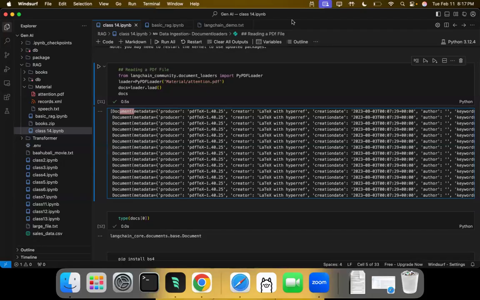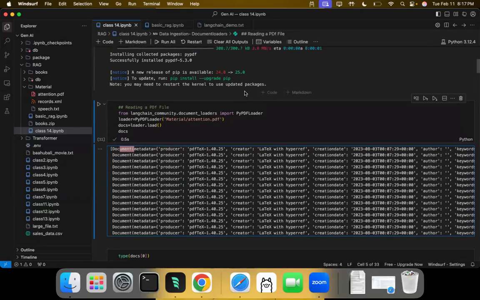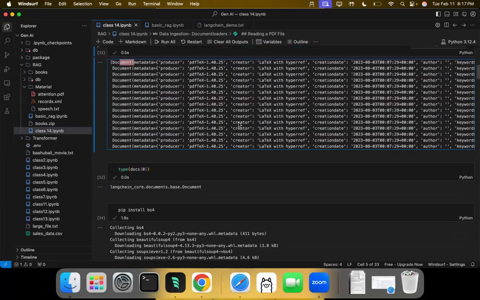So for smaller PDFs without any images or without tables, you can use this PyPDFLoader. But if you have complex PDFs with complex sections, subsections, followed by some images, you can use